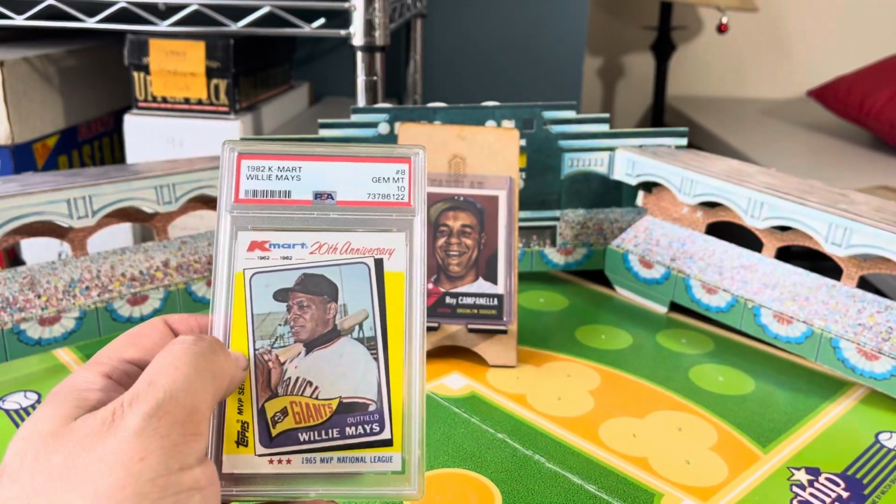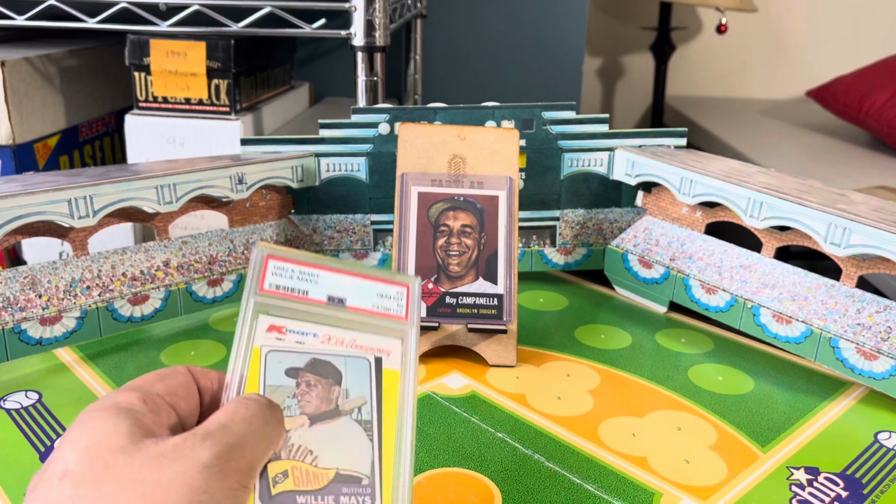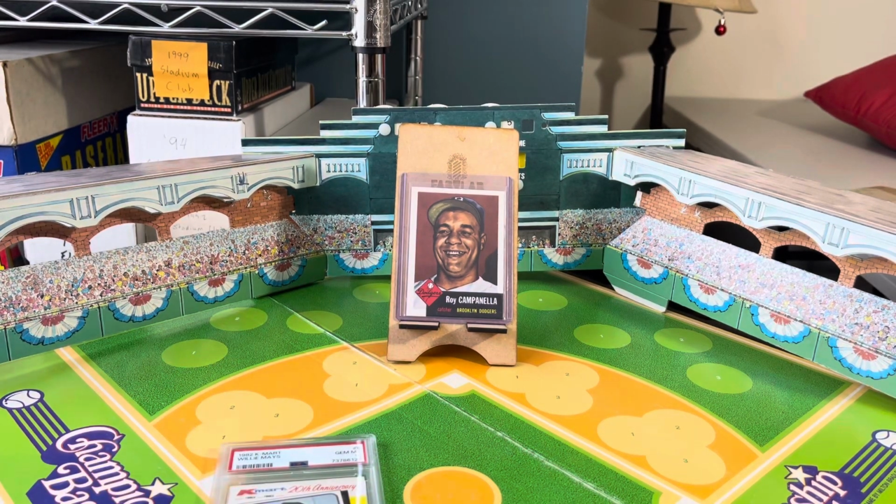Oh, that's the wrong one. I got a 10. Where'd my 10 go? Oh, I know where it is. Hang on a second. I'm digging it out. I replaced it, and I forgot to...